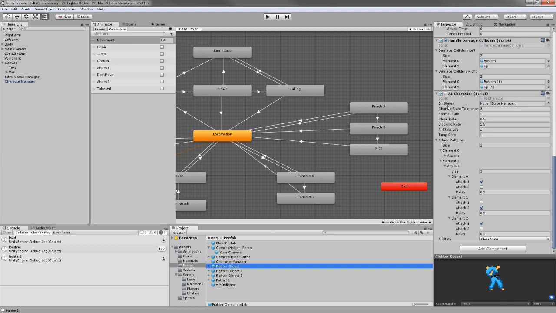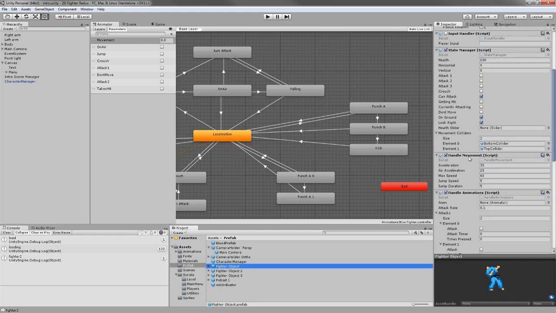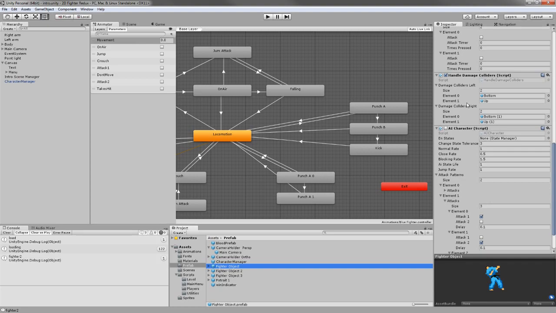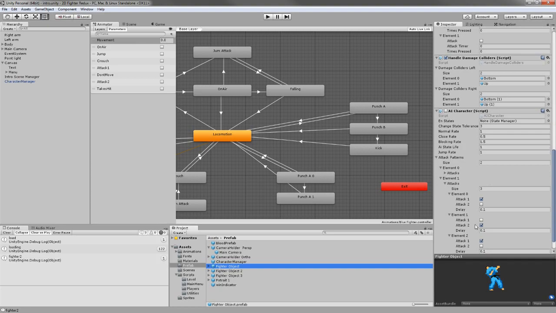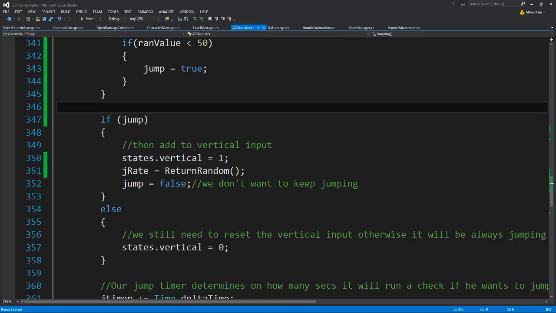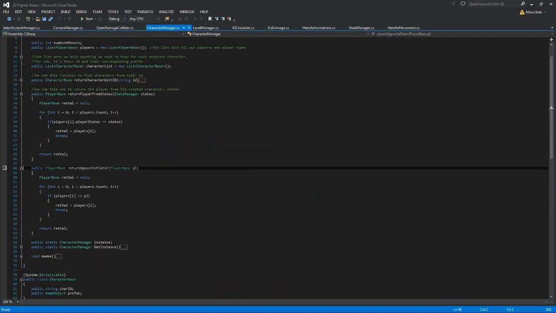Okay, so the other thing that you need to check is that your AI character is actually disabled. The same way we have our input handler disabled when we create the characters, we also need to have our AI character disabled. So with that in mind, let's go into our character manager,